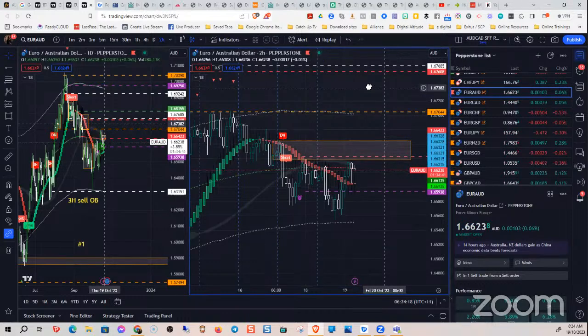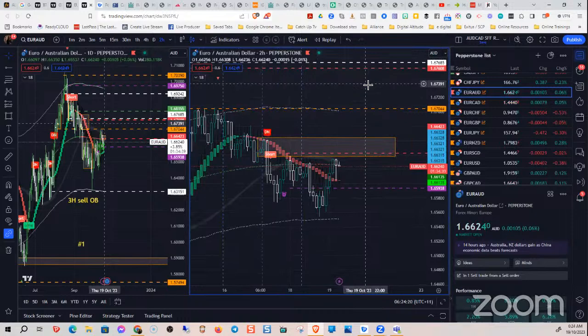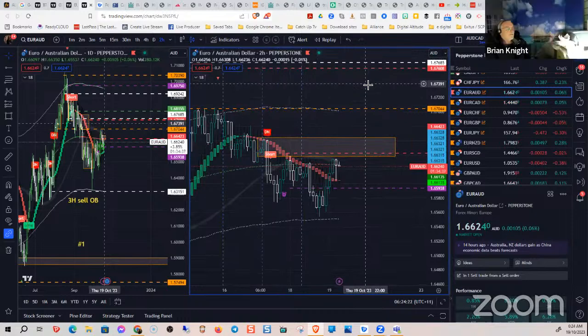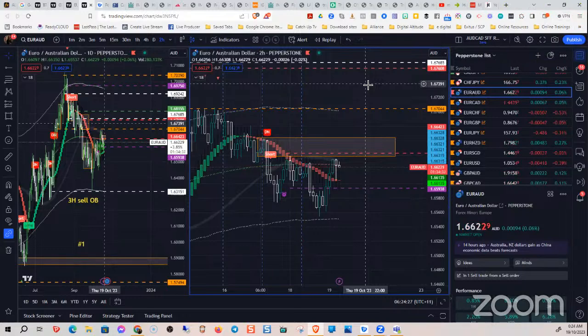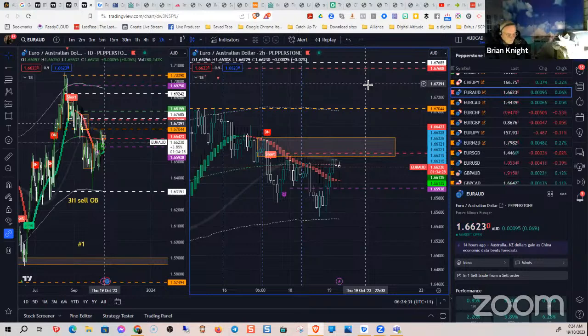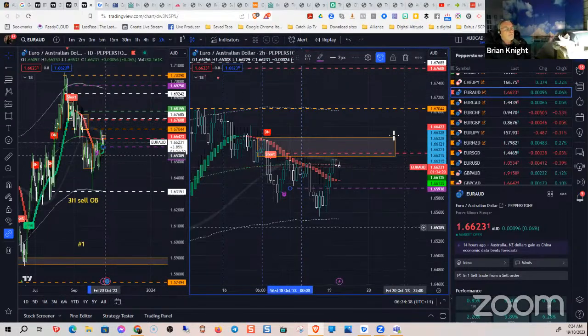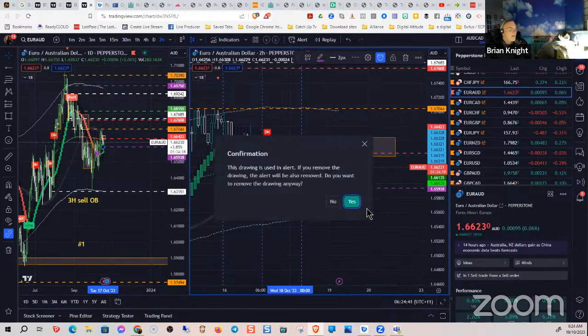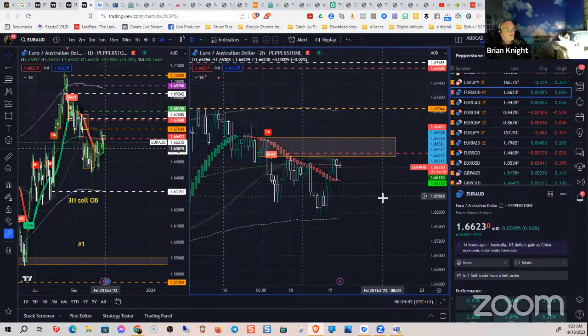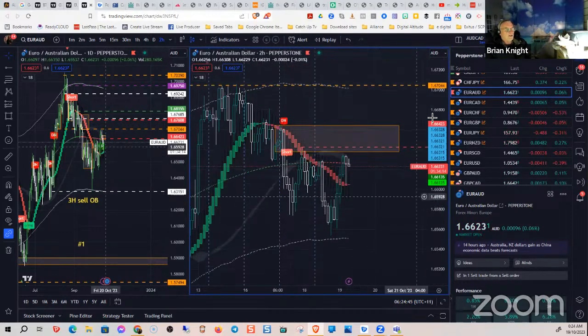It came up and touched it, came back down. Look where it's hovering. I'm looking for this to push up into the order block, give me a wick, show me that it's going to fail, and then watch it take off. Yeah, I'm going to take this off. I just put alerts at things. Anyway, I need to come back to this one. I'm not in a sell for that.